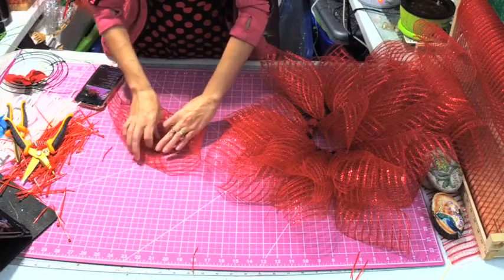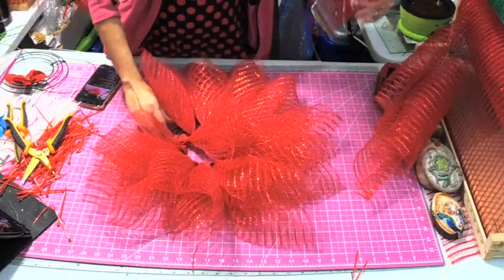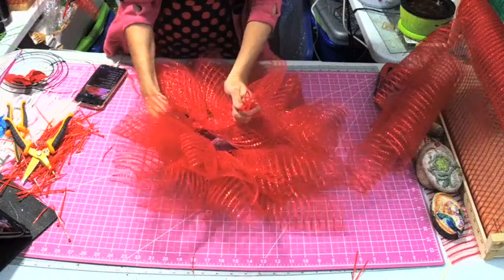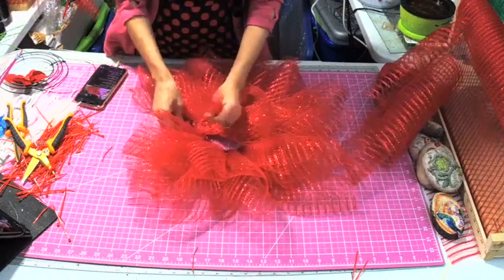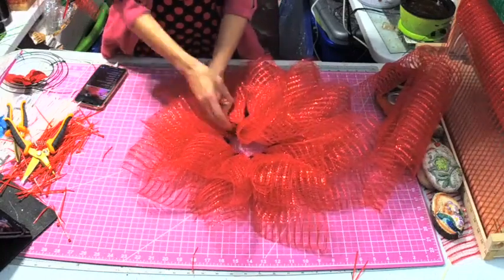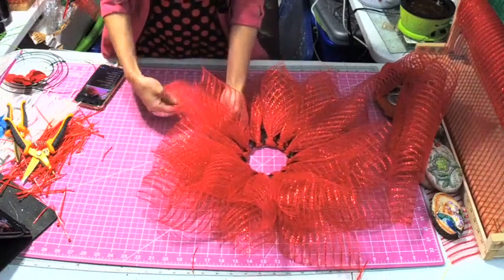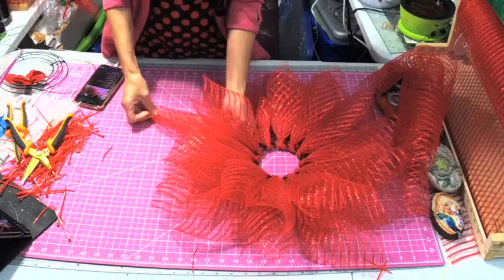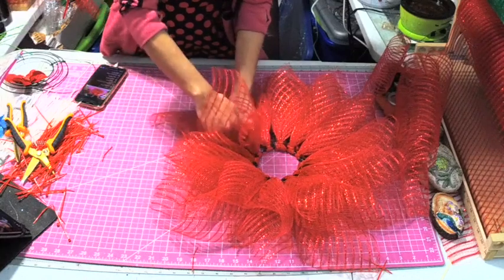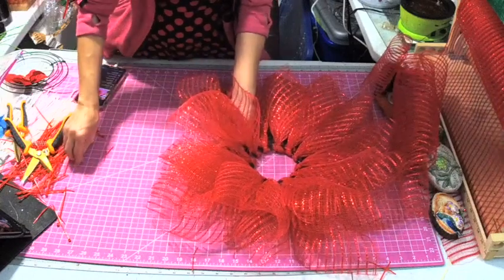Corner in, pull, bow tie. Under your bar, bar 2. Remember, I start at bar 4 when we do the flowers. We start at the inner circle of the frame. Okay, so make sure it's the same as the one in front, petal length, which it is. Take the tail from the petal in front, zip tie,